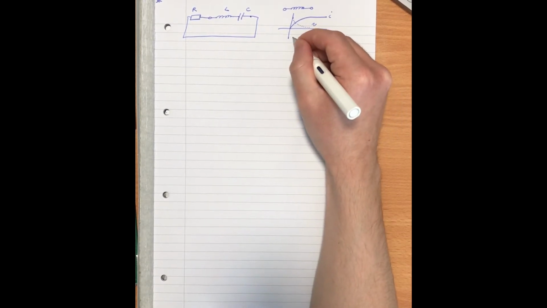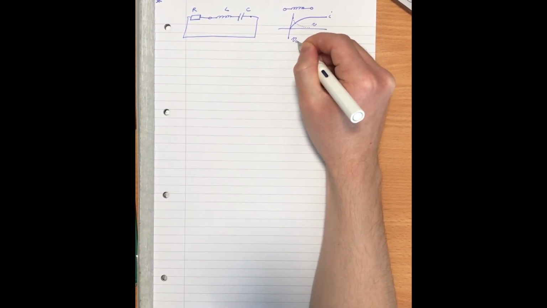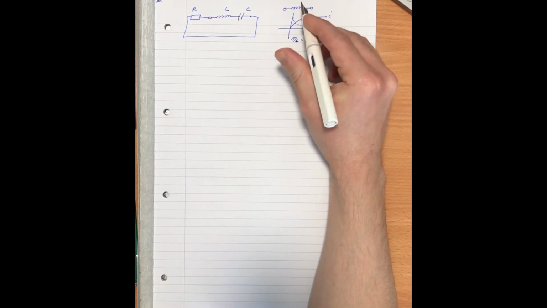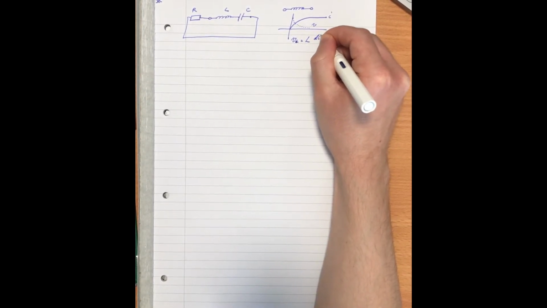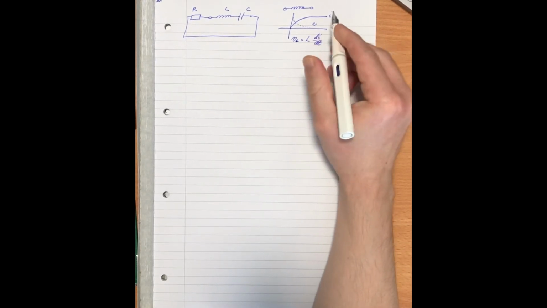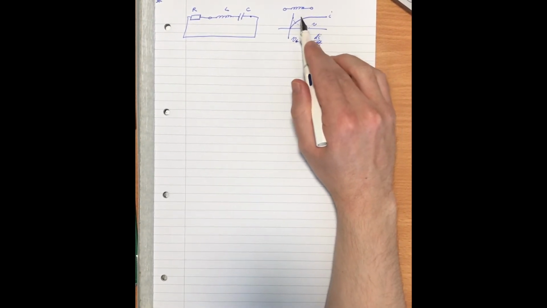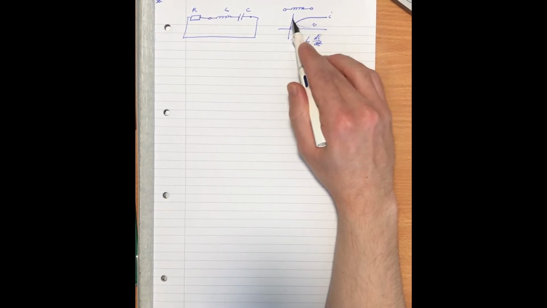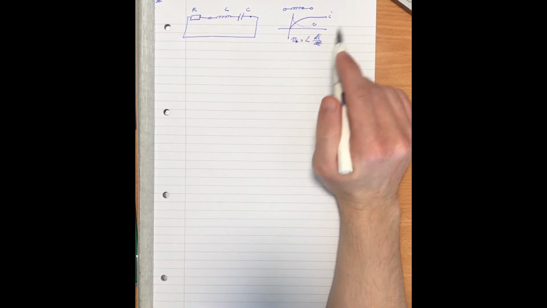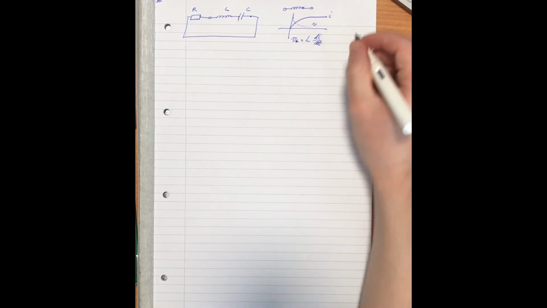So what we can say is that for an inductor, VL equals L di by dt. We can see that from here. So again, initially no current is going to flow, and then it's going to level off over here as the voltage tends to zero. And then for a capacitor,